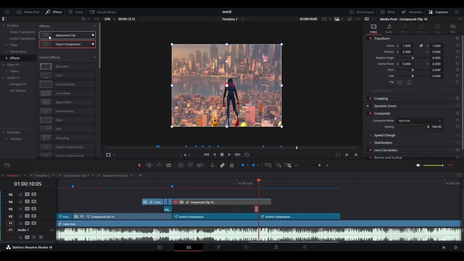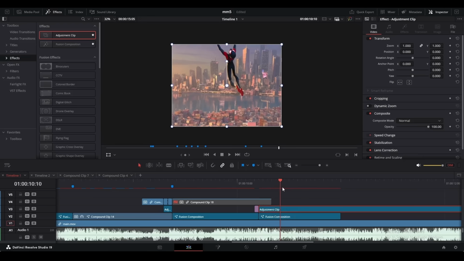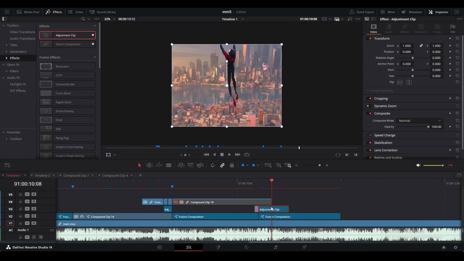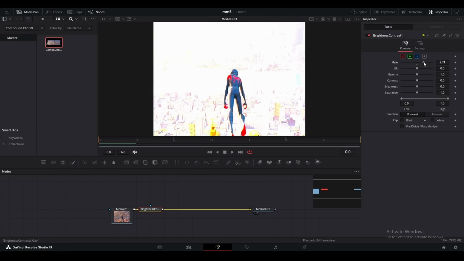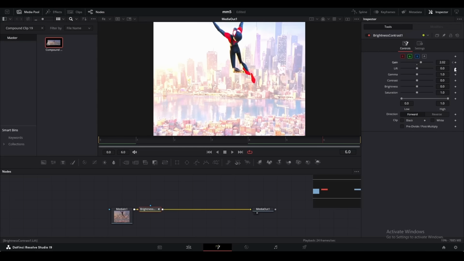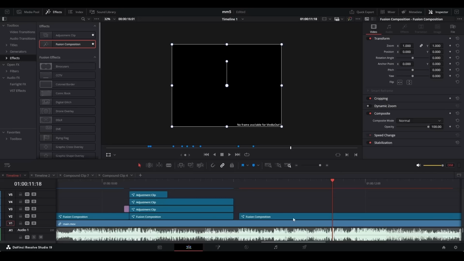Then pulling in an adjustment clip here, dragging this over to somewhere around here. I'll cut this off and then go in and add in a brightness contrast and have the exposure or the contrast, and then have the gain set up like so all the way to the end and just bringing that down to normal. So grabbing in a fusion clip like so and cutting it to the size of the clip,